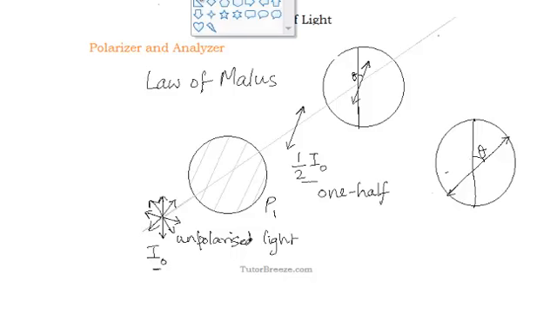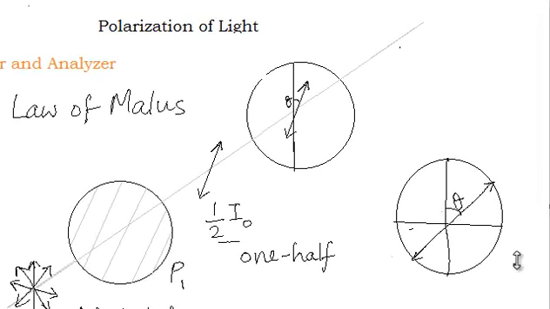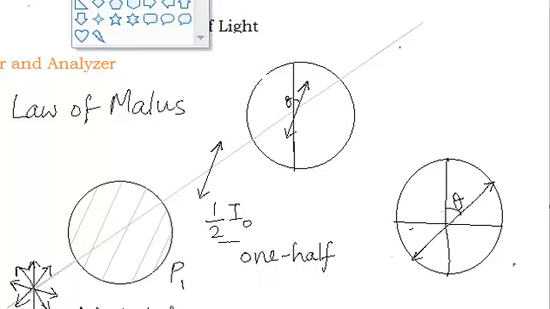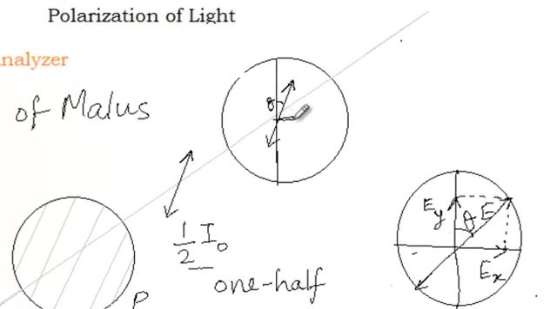Now these are the two perpendicular directions. So what we'll do is we'll find components of this electric field E in the horizontal and the vertical direction. So to do that, we drop a perpendicular here and another perpendicular here. So this is the horizontal component and this is the vertical component. We'll say this is EX and this is EY. Now I'll just quickly resolve this also to two components. One would be a component over here and the other would be a component over here.